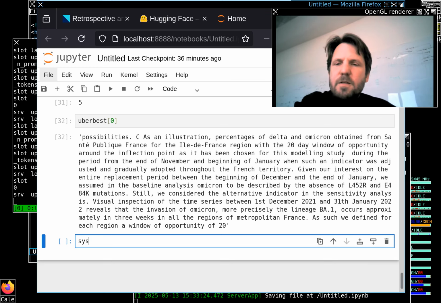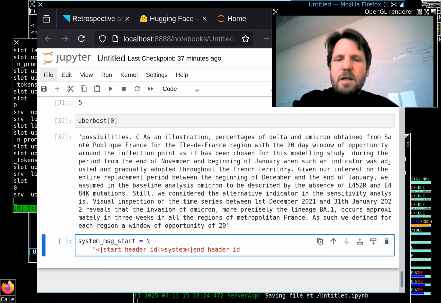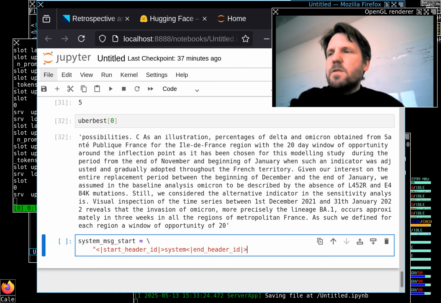You remember from the PDF, we have this system message start, and basically here with this system message, you remember we had this start header ID field here, and then we have system, and then we have end header ID. Okay, so this was basically the story here, how to start the system message. Okay,